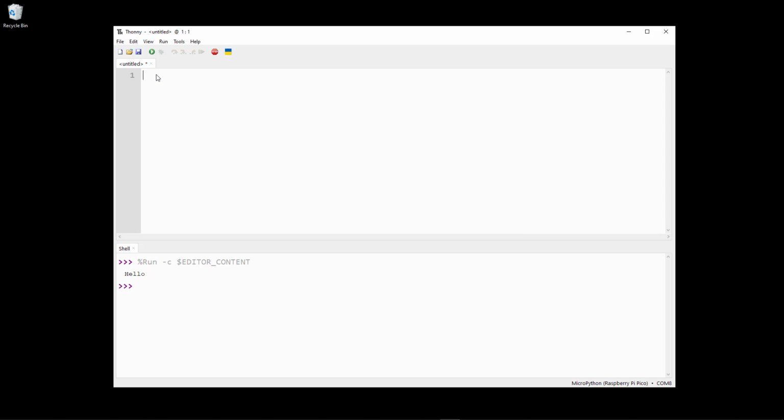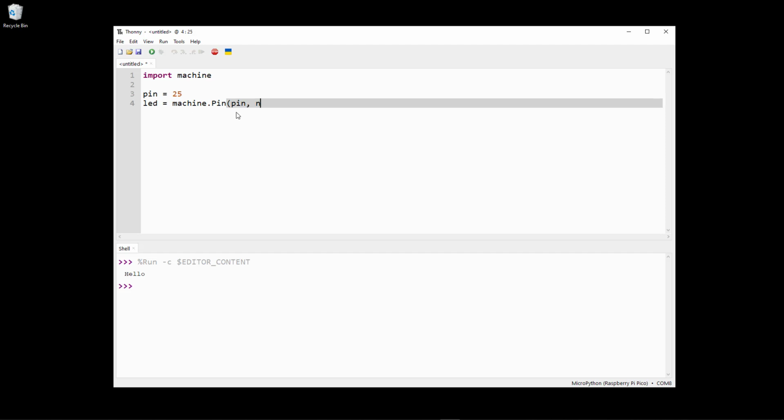So now we are in our Thonny editor. Let's start creating our program. So then we need to import this machine library, then define the pin, and in this case this onboard LED is pin 25. Information about that you find in the documentation of the Raspberry Pi Pico hardware, and then you just need to initialize the LED and the pin, and then just use machine.Pin, and the Pin is the class that handles all the details regarding the different pins. And then I just specify the first input to this one is the pin, which I have here, pin 25,